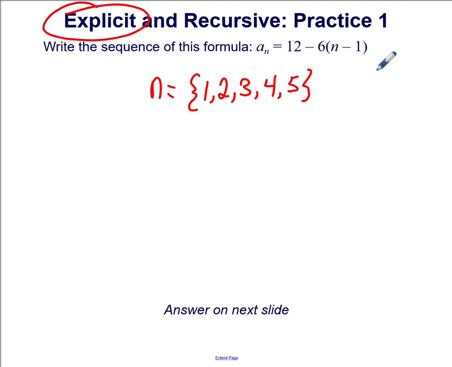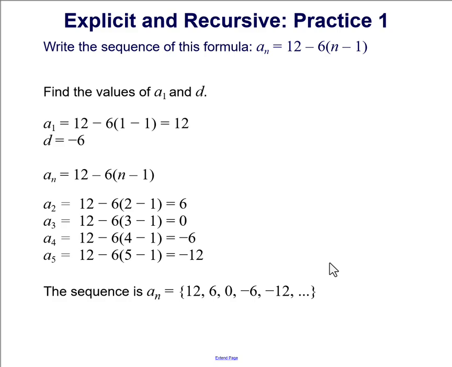And welcome back. Let's see how you did. Before I explain what's going on here, I want to take a moment and demonstrate the power of the explicit formula. The explicit formula allows you to find any term in the sequence without knowing the previous term. So if I want to find, let me pick a number at random here, let's say n is equal to 82. So I want to find the 82nd term in the sequence. So I replace n with 82. And this is going to be 12 minus 6 times